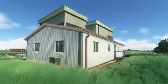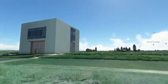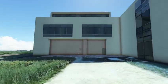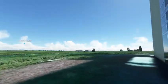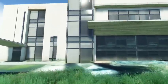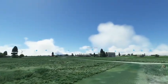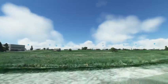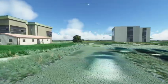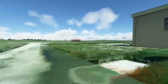This looks like an air-conditioned building. Right. Got another building over here. This airport's just stock FS 2020, so nothing too exciting here, but thought I'd jump out and have a look around. Alright. Keep the sun off the front of the building there with those. This is a village or town of Tiree, I'd imagine. I would guess this would be a parking lot. Could be wrong. Or does this just go back to the airport here, so...